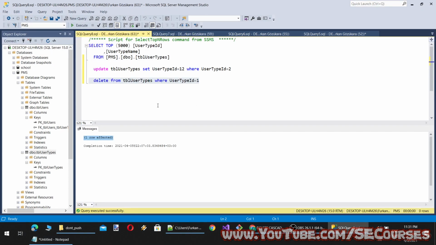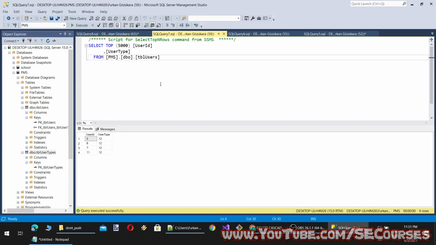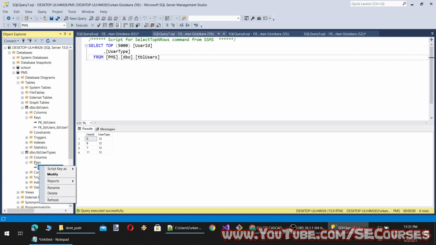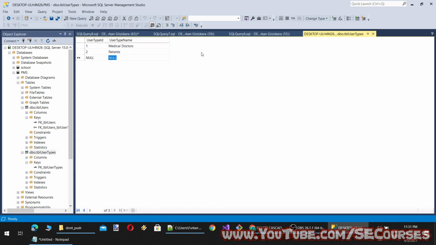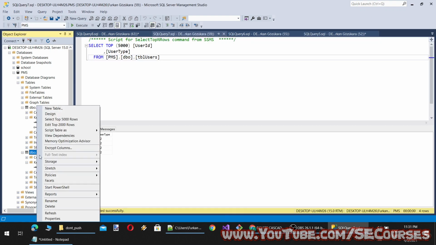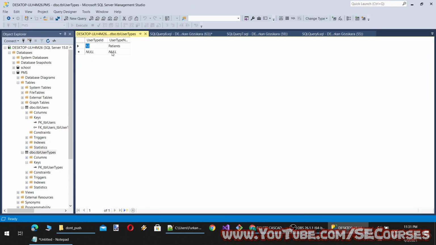So now we have learned how to do foreign keys, cascading, and such. And I'm going to edit my table again. Okay, I will make it 1 and 2 will be medical doctors. So this is what it is about programming a relational database.